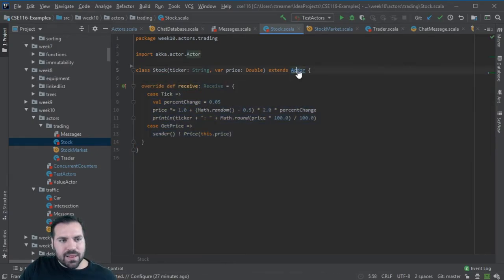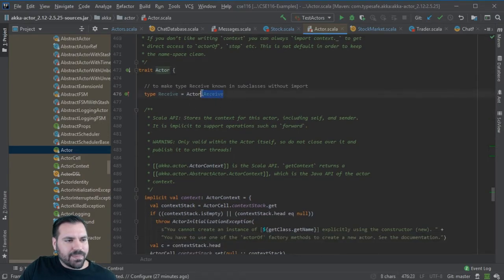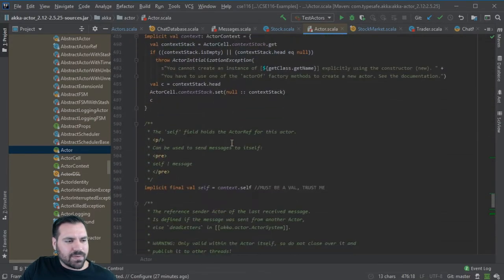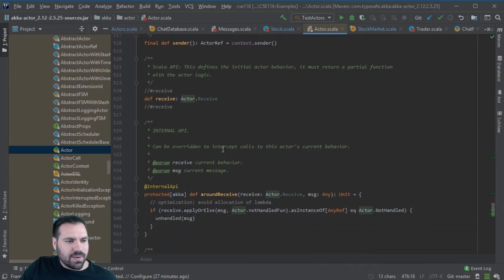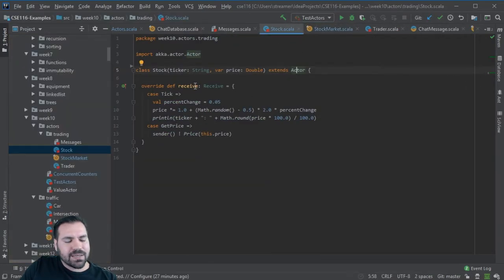And since I already went into the library once, let's do it one more time. We do have this actor.receive. It's not as clear as I want it to be based on how we've seen it in class. There it is. So receive, which doesn't have any implementation. There's no equal here. This is not implemented, so it's abstract. So we do have to implement that if we're going to extend the actor class. So we implement